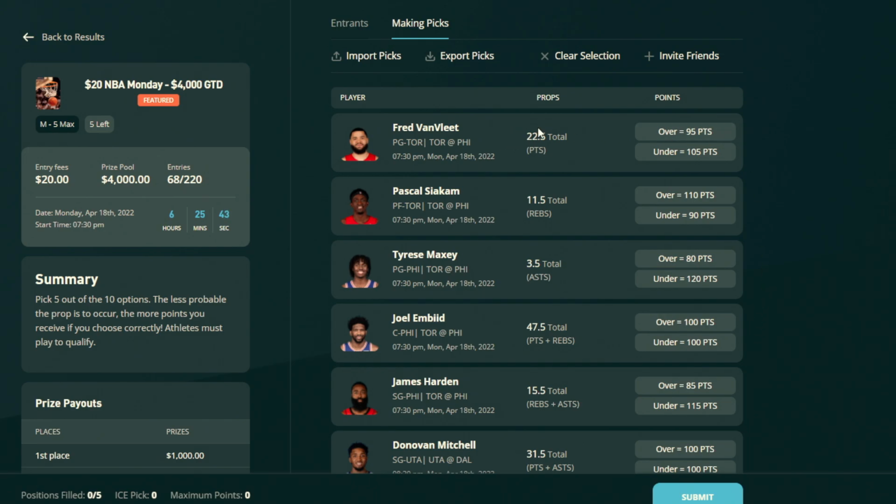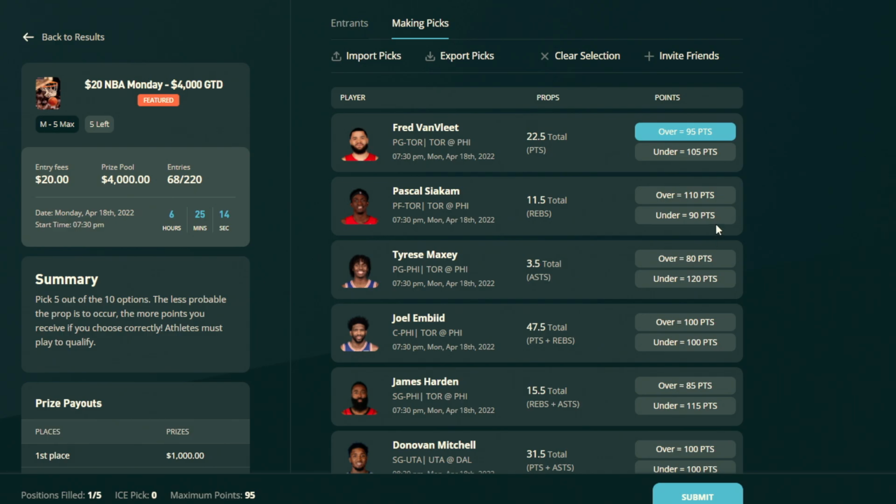So Fred VanVleet, 22.5 points. I love this. Like I said, I hit it over at Price Picks for 20.5, but 22.5, I'm still okay with it. He's going to have to shoot a ton here. You only get 95 points here, but I think it's well worth taking that risk with him. He's torched Philly in the past. I think he gets it going in all facets, but maybe if his shot's not falling, he got in foul trouble that first game, maybe he throws up a few more assists and rebounds. But I still think he's going to be more aggressive shooting the ball with no Scottie Barnes and Gary Trent doubtful as well.